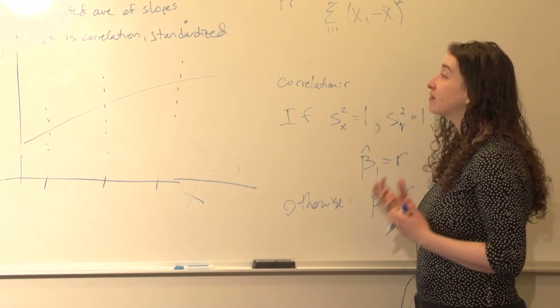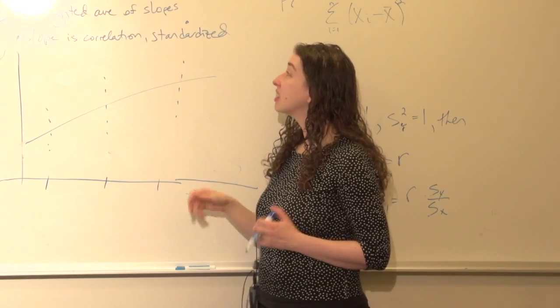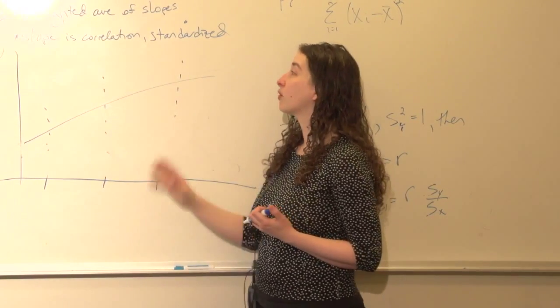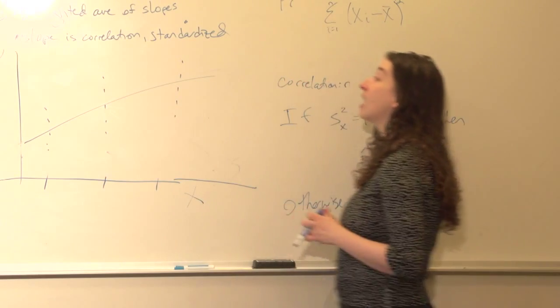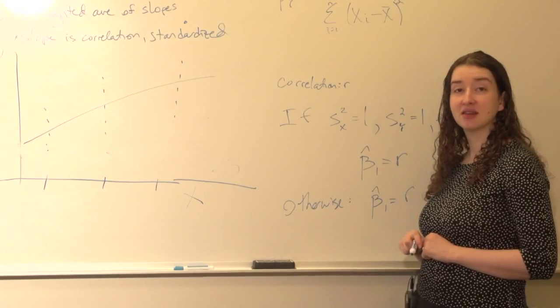It's the weighted average of the slopes. If I calculate the slope between each point and the middle and take a weighted average of those, where the points further out in terms of x get more weight, I'd get the same value. And slope is just the correlation between x and y, but standardized to have the correct